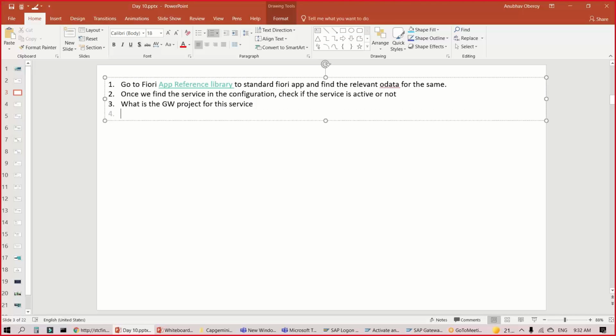We go to the gateway project. We add the standard project to our SEGW. Then check the entity types. And suppose the goal is in this case extension of expense structure. Okay. So our goal is find the structure